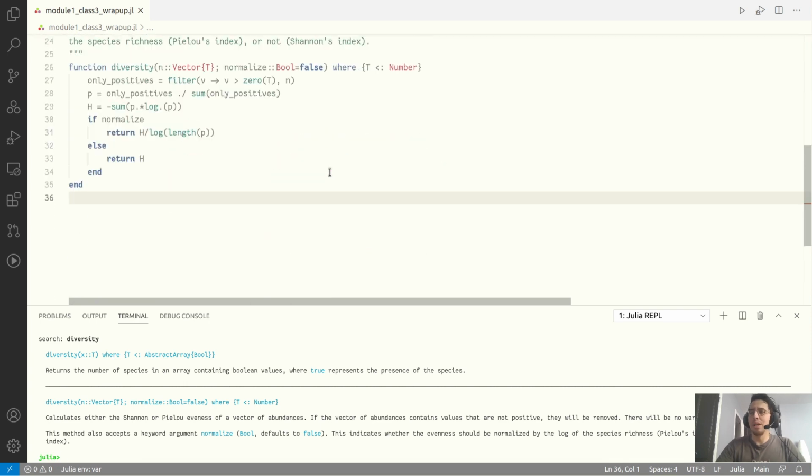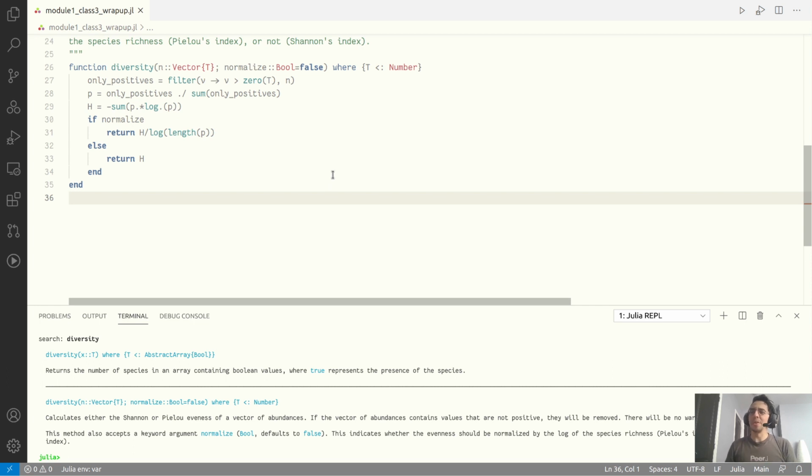So once we have method error, no method matching diversity, array float 64.1, normalize equal true. That is interesting because it should not. Let me try